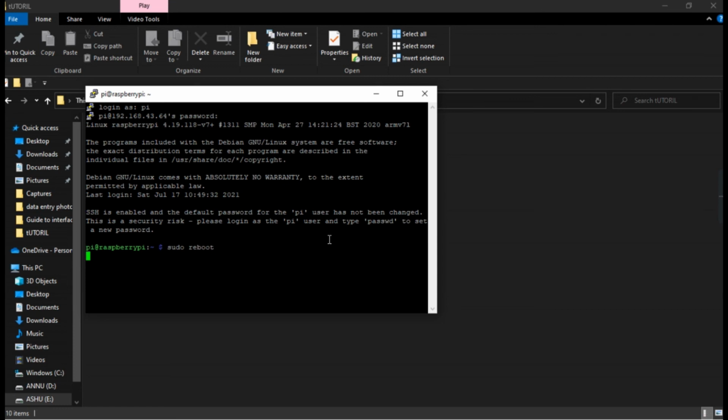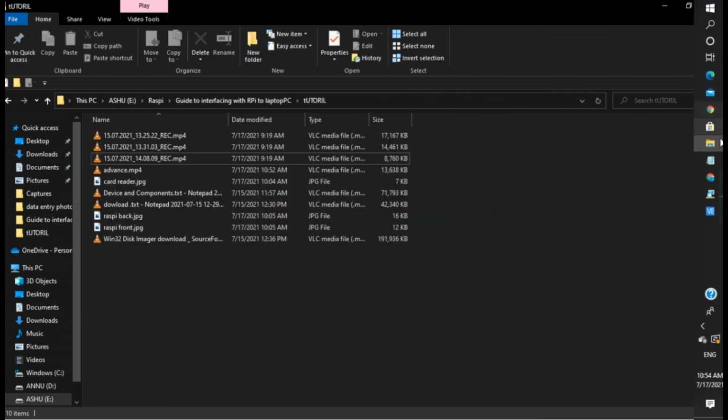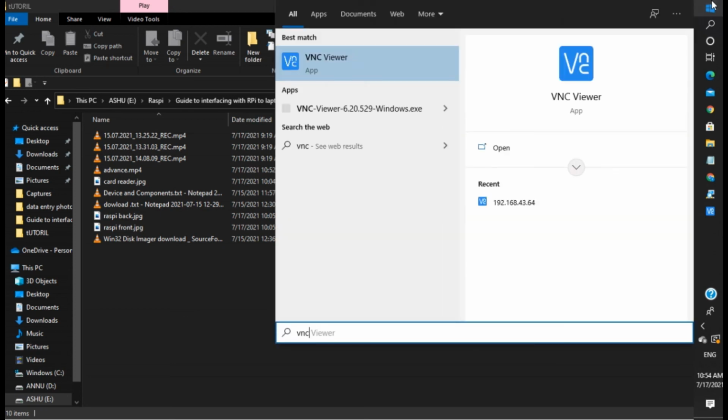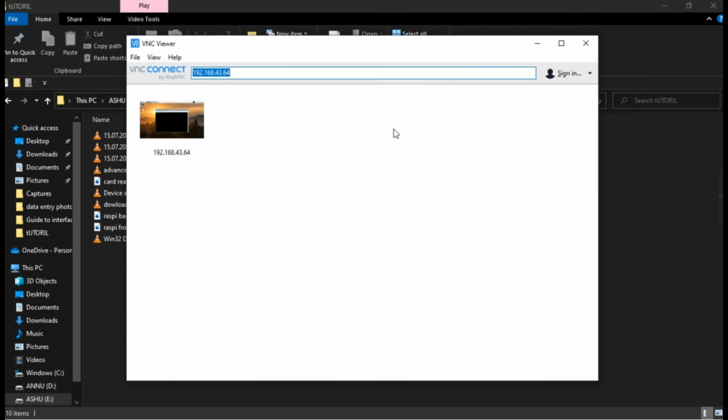Reboot, then it will automatically close. Open VNC Viewer. Type the same IP address of your Raspberry Pi, which you got from your mobile hotspot or Advanced IP Scanner, type it here and hit enter.